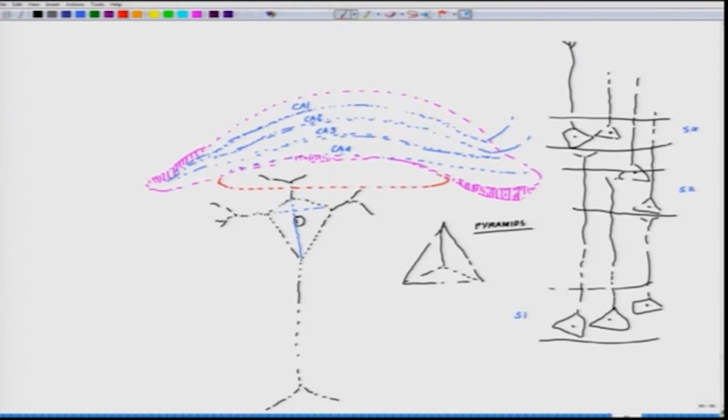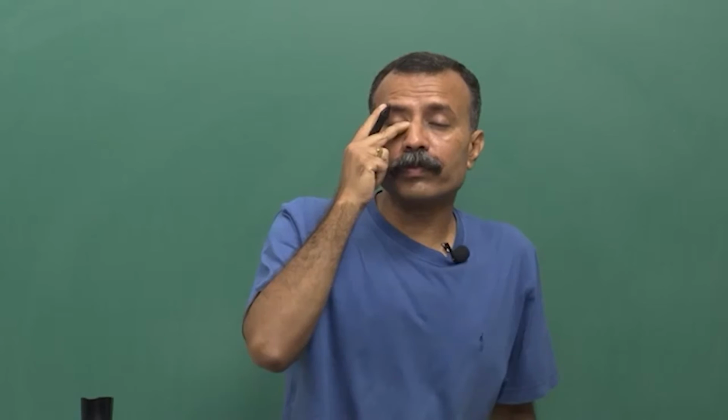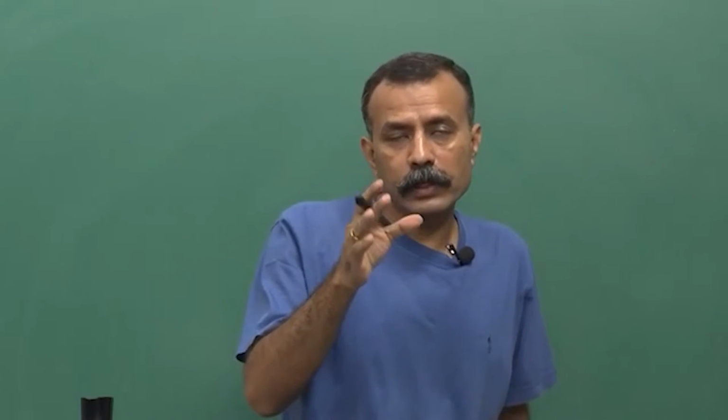This area is very small. The neurons present out here do not have this kind of unique morphology, they are different, and this area is called dentate gyrus. In short, on brain maps they will write it as DG, dentate gyrus area. This is one area that is a kind of seat for a lot of